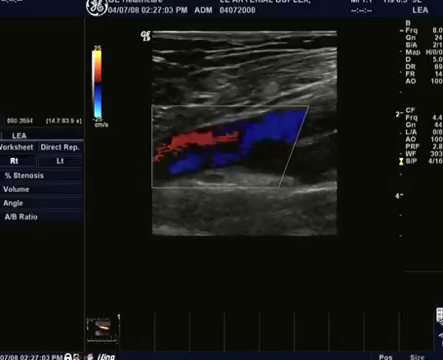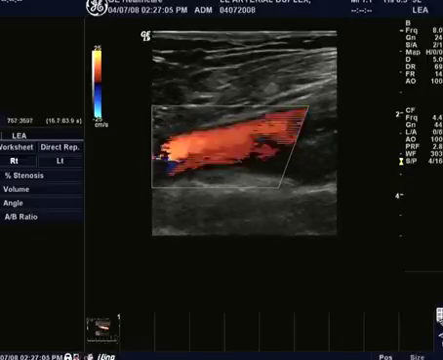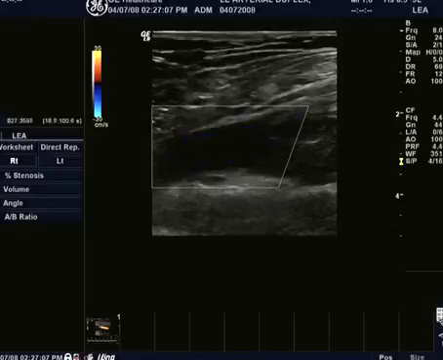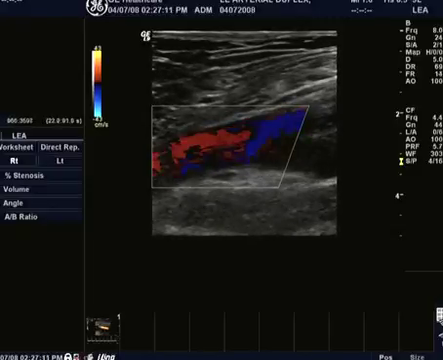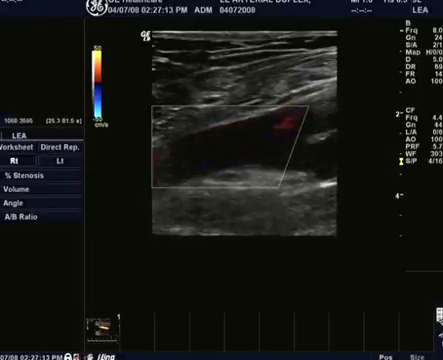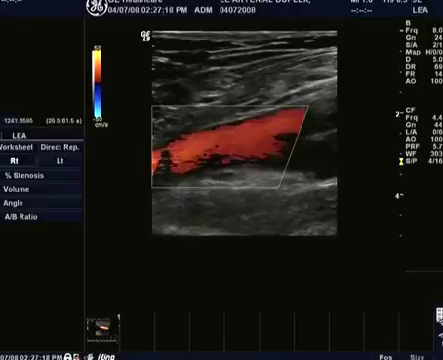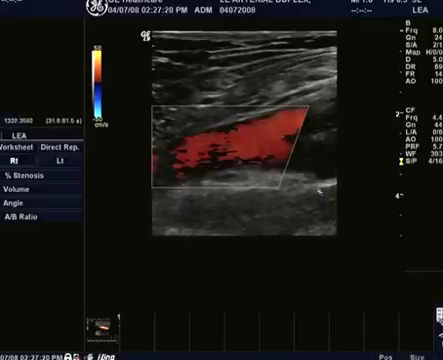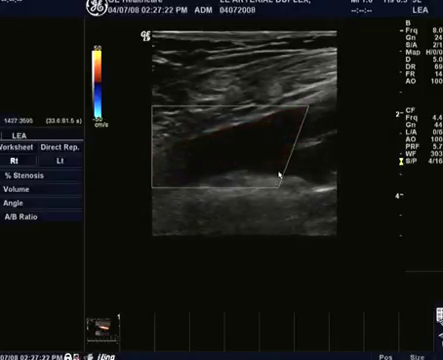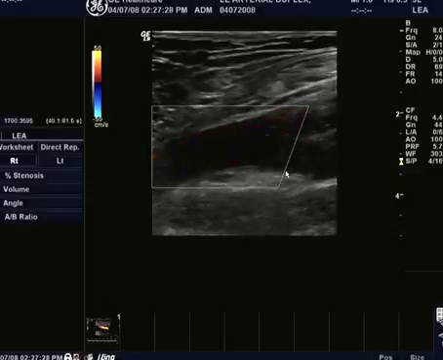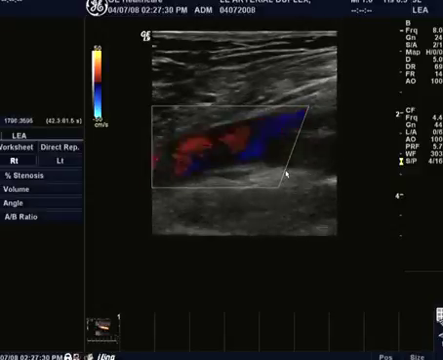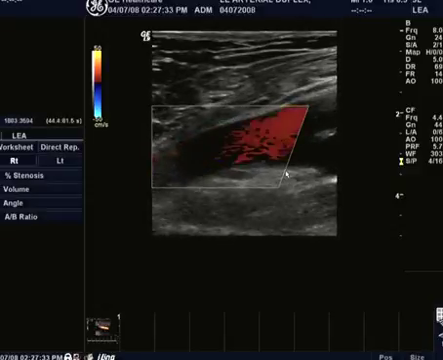Our color PRF is probably pretty low, so I'm going to increase this a little bit so I can get a little bit more smooth filling in the color and not have any aliasing. Now we're going to see that we don't see much flow over here at the origin of the profunda, and that's due to the fact that it's coming off at an inappropriate angle to get a good Doppler shift. So we'll move this box in a little bit, but while we're up here in the common femoral artery, let's